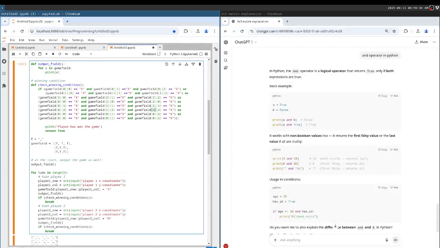Okay, that should be it. 2, 2, 2, 1, 1, 1 is correct. 0, 1, 2. Okay, now vertical 0, 0, 1, 1, 2, 2, and 0, 2,